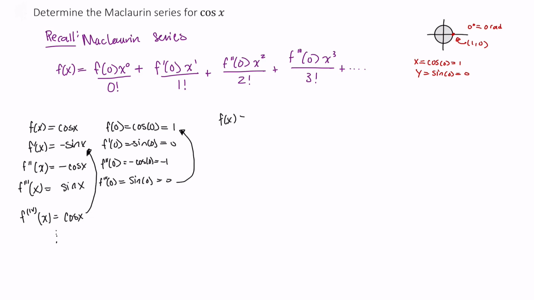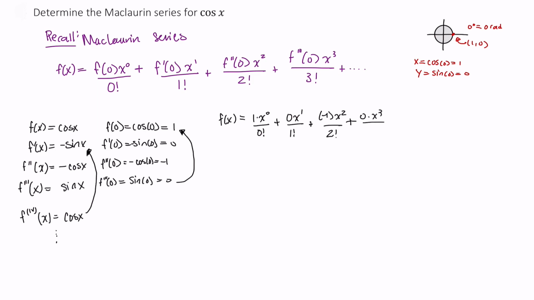So f of x is equal to 1 times x to the 0 power over 0 factorial plus 0 times x to the 1 power over 1 factorial plus our second derivative evaluated at 0 here, that's negative 1. So negative 1 times x squared over 2 factorial plus our third derivative is 0